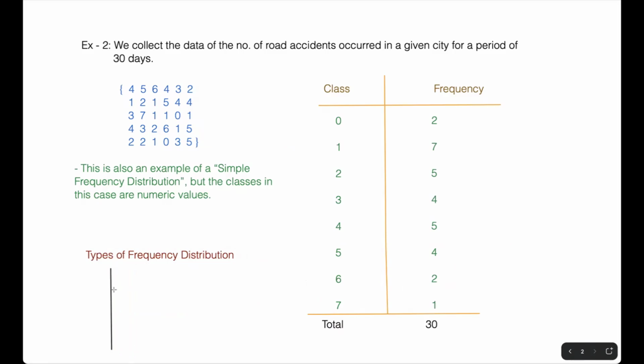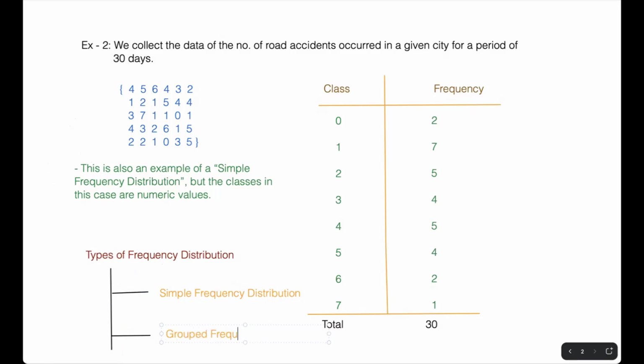One is this simple frequency distribution, where the classes are individual values. Those values could be either categorical values or qualitative data, or numeric values or quantitative data. So simple frequency distribution is one type. And the other type is what we call